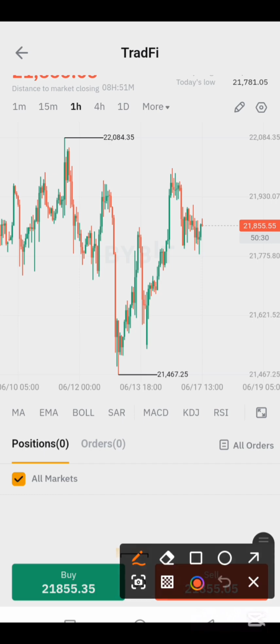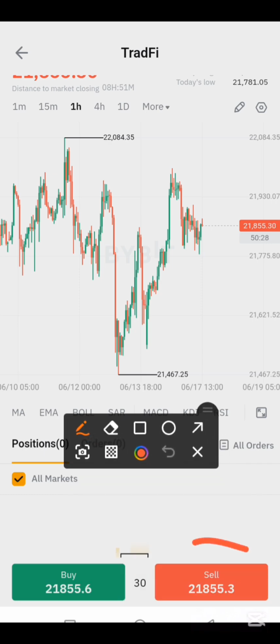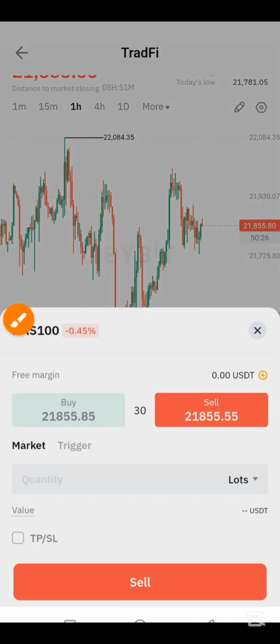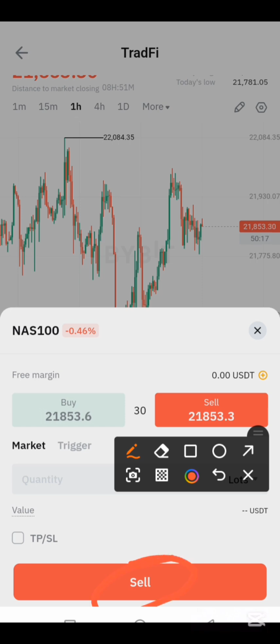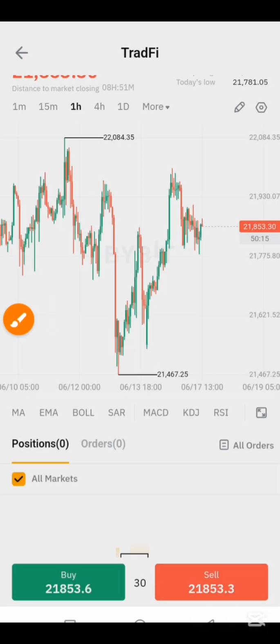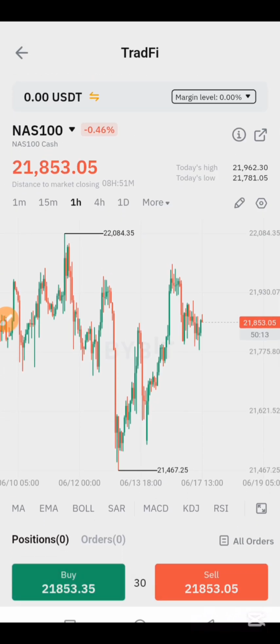Also, if you want to sell, you have to do the same thing, right? You click on it, set your lot size, your take profit right here and your stop loss, and after everything you click on sell, and that's it. This is how to trade indices on your Bybit without